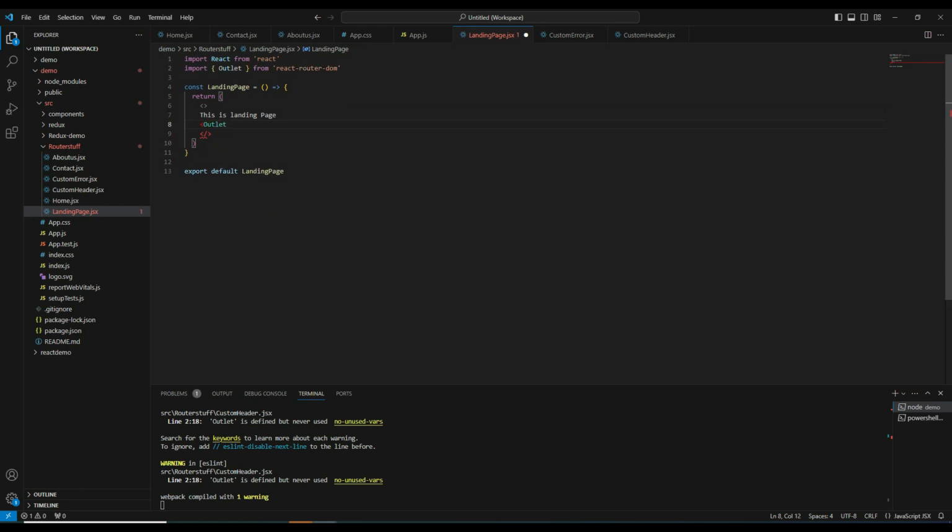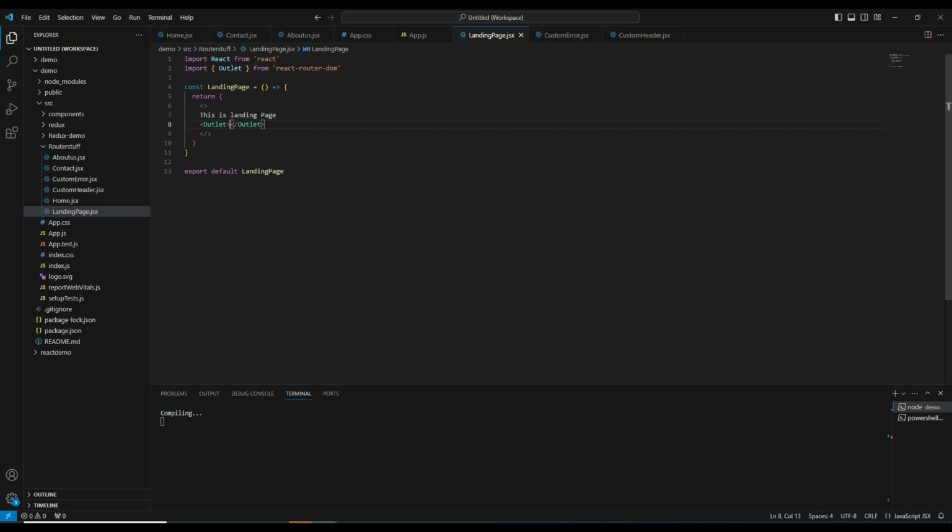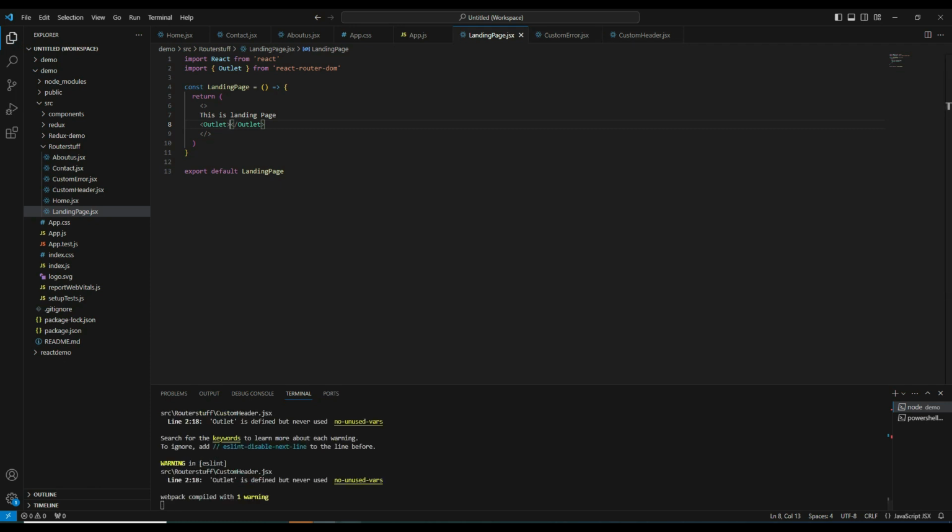This is from React Router DOM. So this is the tag I have added, and all the child routes will be displayed here at the outlet. So this is the landing page, and here all the child routes should be displayed.